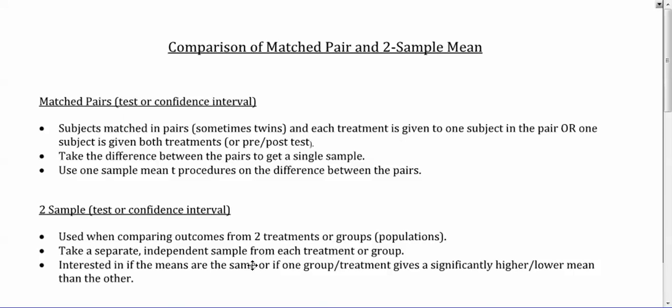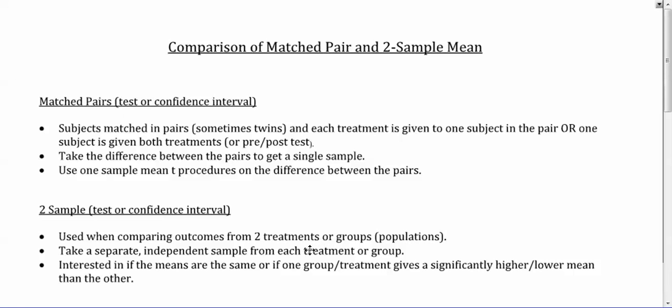But again, the paired data, you're looking at the mean difference, so you have a bunch of differences and you're trying to see what the mean of those differences is. And when you're doing a two-sample procedure, you're trying to find what the difference is between the two separate means. So you have a mean for one group and a mean for another group, and you're trying to figure out